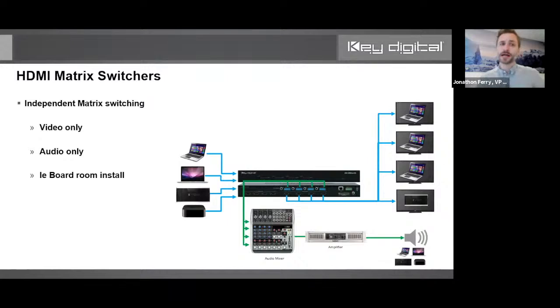So let's look a little more at that independent audio and video routing capabilities and how those can meet your applications. So here we're showing an application like a ballroom, a boardroom, right? Where this is more of a commercial application. A lot of times folks want to